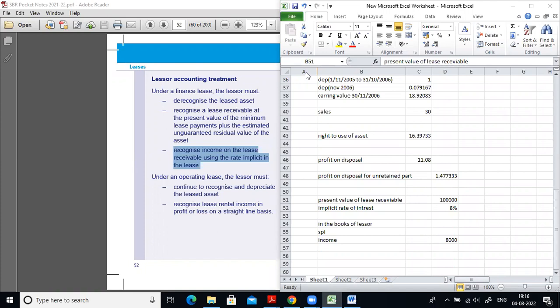The major tested points are in the lessee, especially the main questions in SBR are from the lessee perspective only, and we covered all the main exhibits relating to the lessee. The main tested areas will be the controlling right, how the non-controlling liability and the controlling liability should be considered, how to recognize right-of-use asset in case of sale and leaseback, how to recognize the profit on disposals, and how to deal with improvements. These are the major points which will be tested in Strategic Business Reporting on lease.